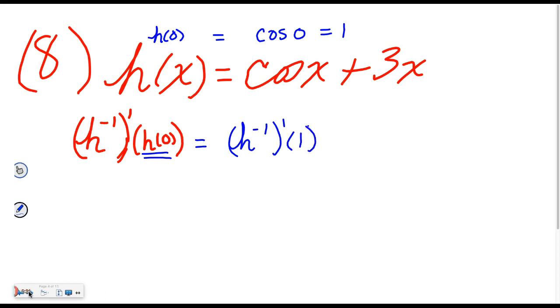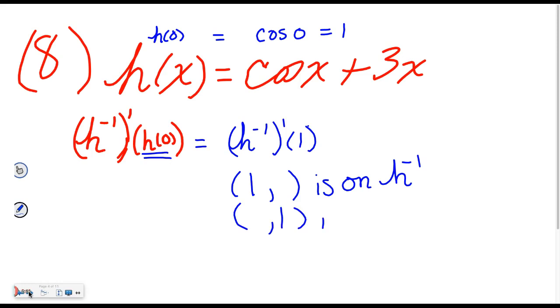So now let's begin with our normal model. I have no idea what h inverse is. I was given a model for h. So what I will do is try to get myself onto the curve of h. How do I do that? I start with the inverse function. And I say 1 comma something is on h inverse. It has to be if I'm to find the derivative there, which means something comma 1 is on my original